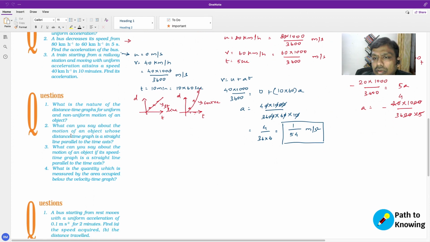What can you say about the motion of an object whose distance time graph is a straight line parallel to the time axis? So what this means is, on a distance time graph, let me use a different color. This is your distance. This is your time. What we're saying here is the distance time graph is a straight line like this, which means that